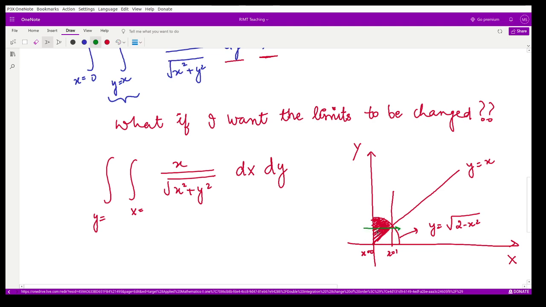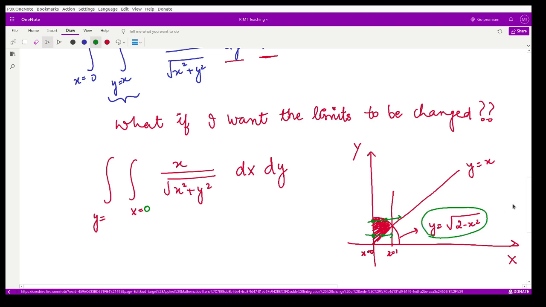And moreover, by taking the horizontal line, if you take it here, your lower limit would be the same, but the upper limit would be this particular line, y is equal to x. And if you take the horizontal line here, that means your lower limit would be x is equal to 0, so x is equal to 0 would come as such, but the upper limit here would be according to this particular curve.